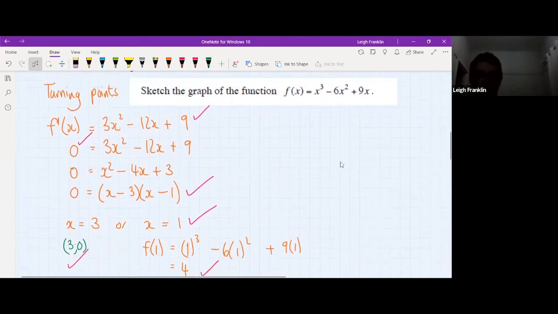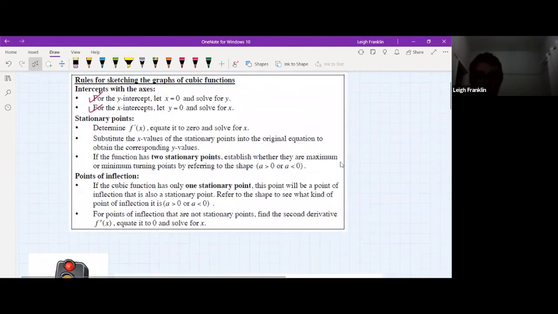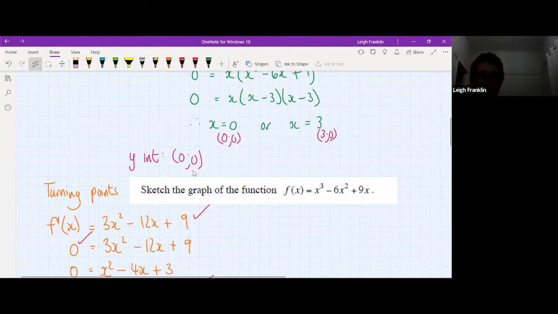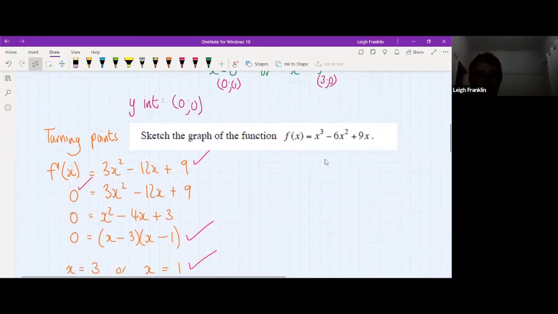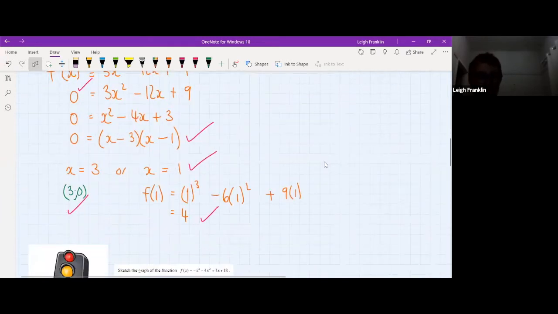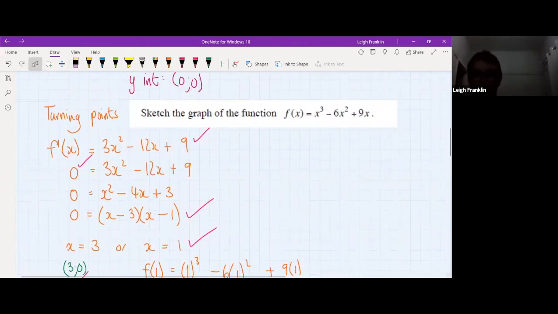Okay, so it's got a y-intercept, so we know it goes through the origin. We know it's got an x-intercept at the origin. We know that it's got an x-intercept at 3. We know that it's got a turning point at 3 and 0, and we know that it's got a turning point at 1 and 4. All right. I want to ask you guys, if you have to describe the shape of this function using the words concave up and concave down,